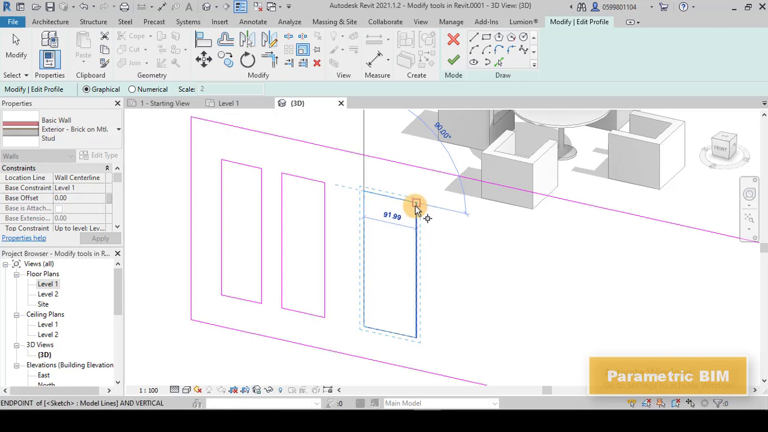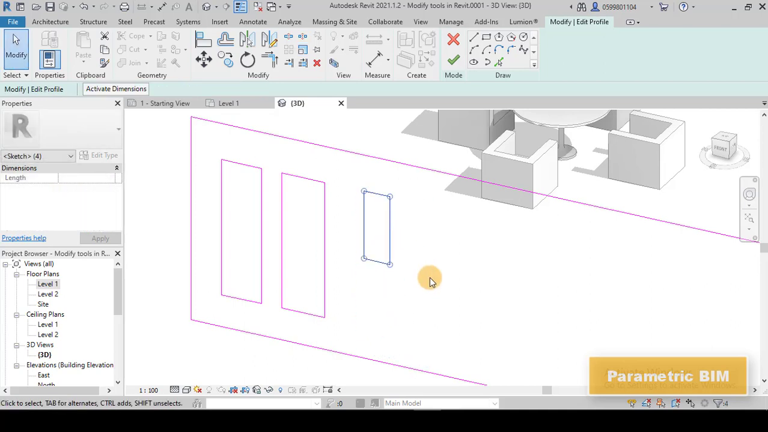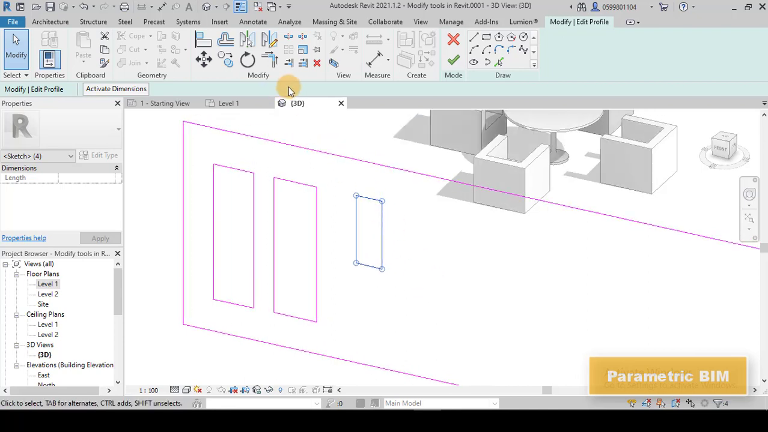For example, instead of 91 I want to make it 60, and then for the other one I can go and make it like that. So this is the graphical. But if I want to make, for example, scale of the here